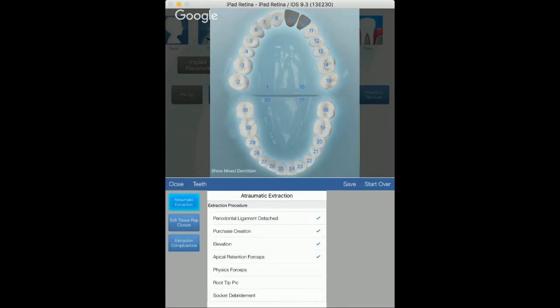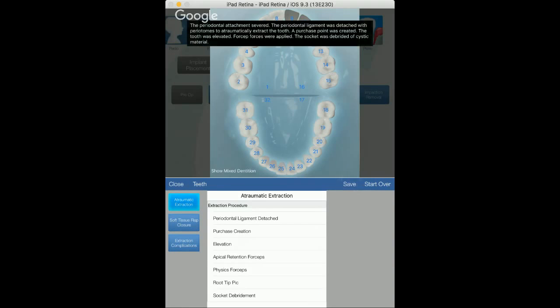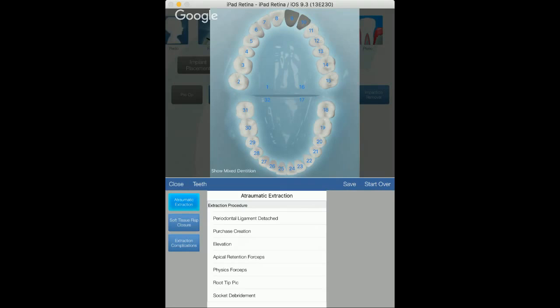So if you want to press debridement here, you can. I'm going to show you another place to do it. Notice how we went through all these check marks, and now we're going to hit save. My rule of thumb is in the treatment view, you want to save often. So it's going to write what you see here when you press save. Now, we finished atraumatic extraction. We didn't lay a flap, so we have no closure to do at this point, and there were no complications